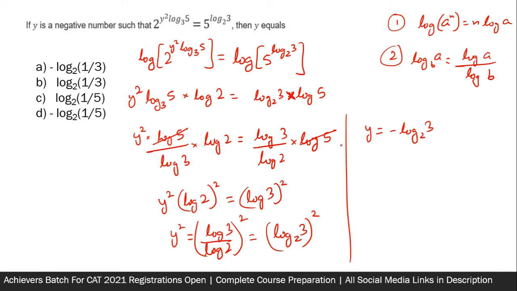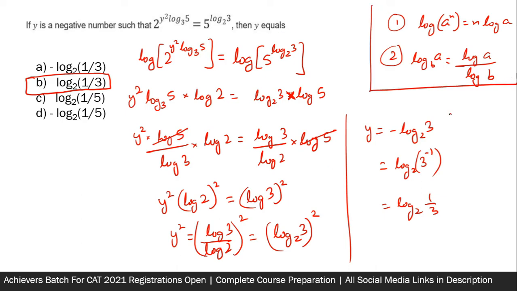Now I do not see any option which looks like this. So I'm going to take this minus 1 into the power of 3 and getting our answer as the second option. So I think this should satisfy. So two properties of logarithm I used, and one of them more than once. Moving on to the last question of this video.